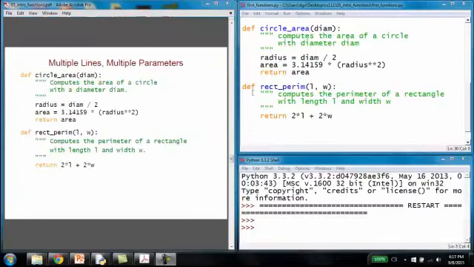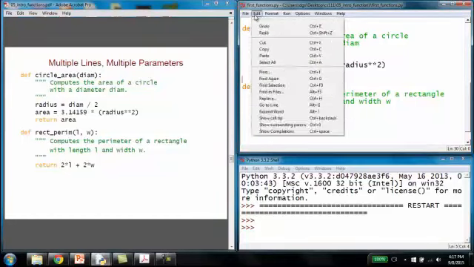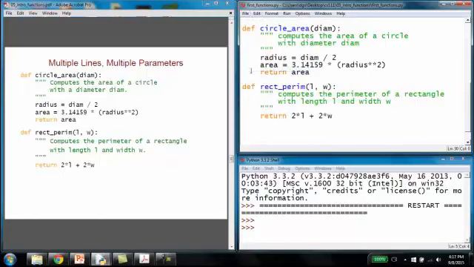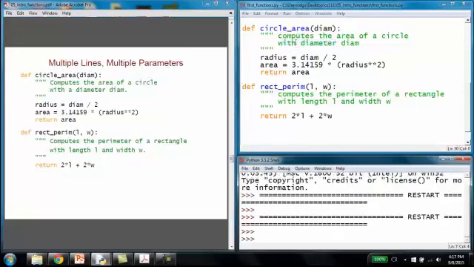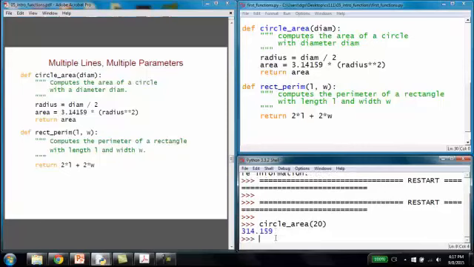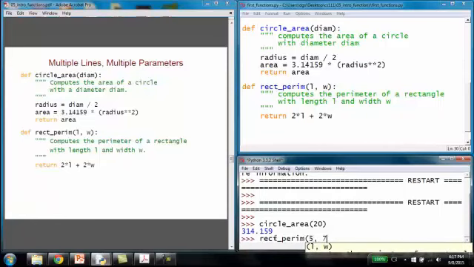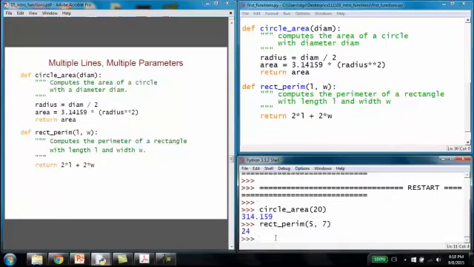Now you can see I've put these two functions in my Python file. And if I now save that and then run it, I can now call these functions from the shell. So if I do circle area 20, you can see I get the area of that circle. If I do rect_parim 5, 7, I get the perimeter of the rectangle whose length is 5 and width is